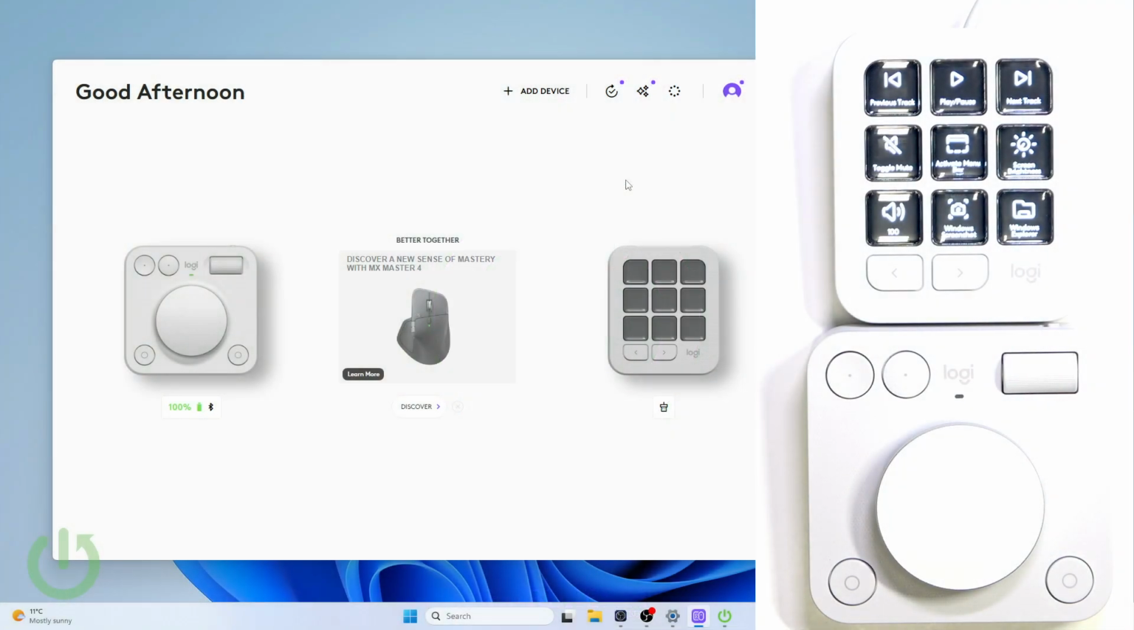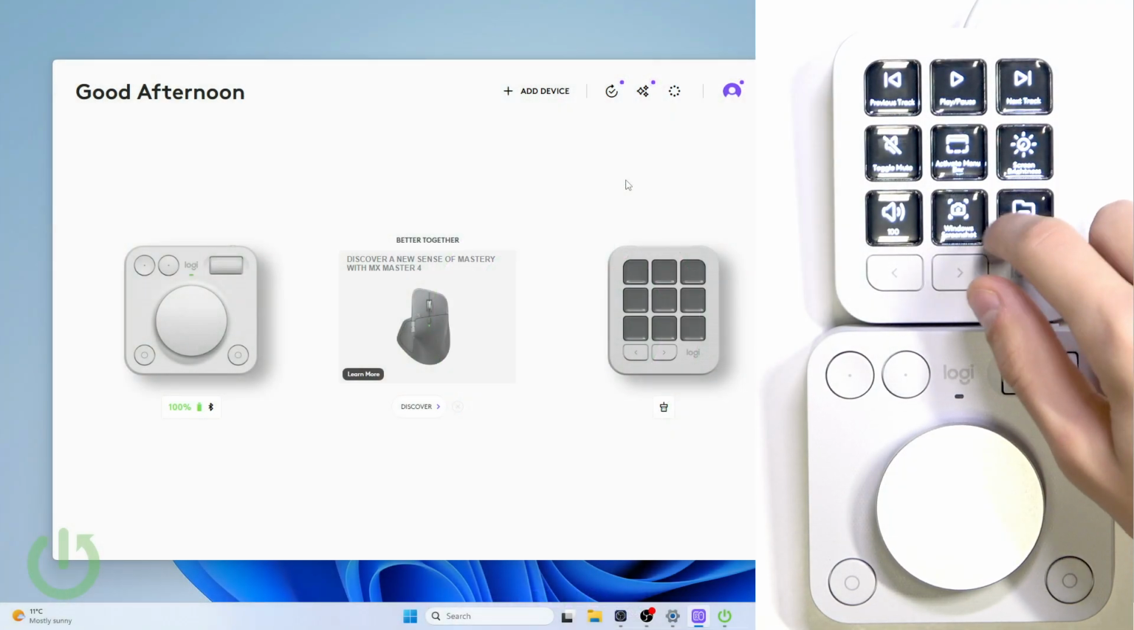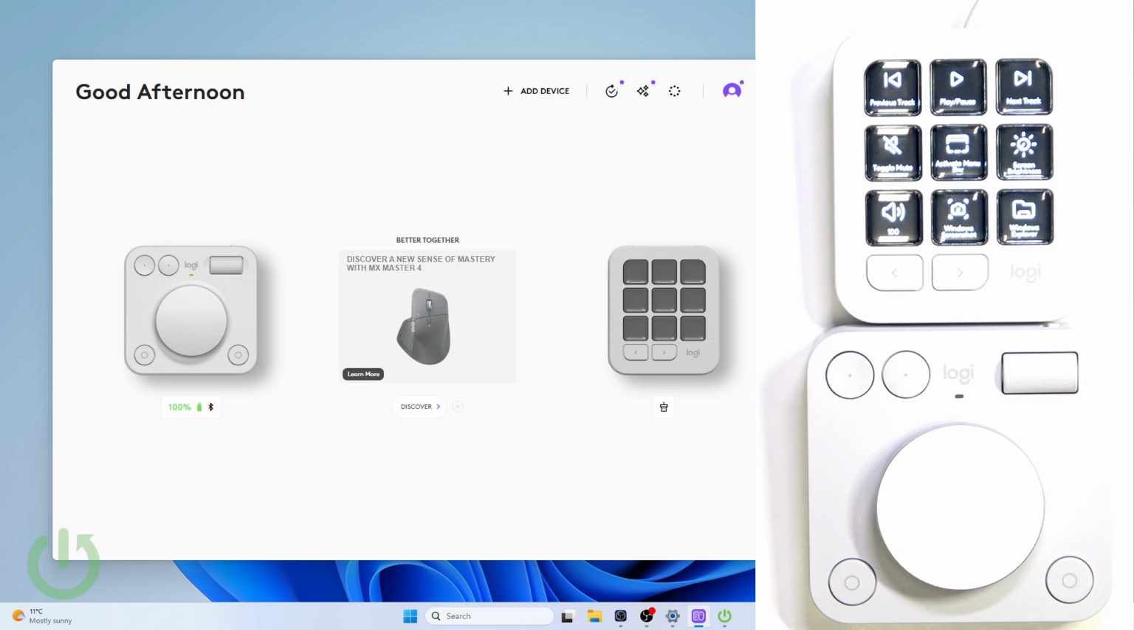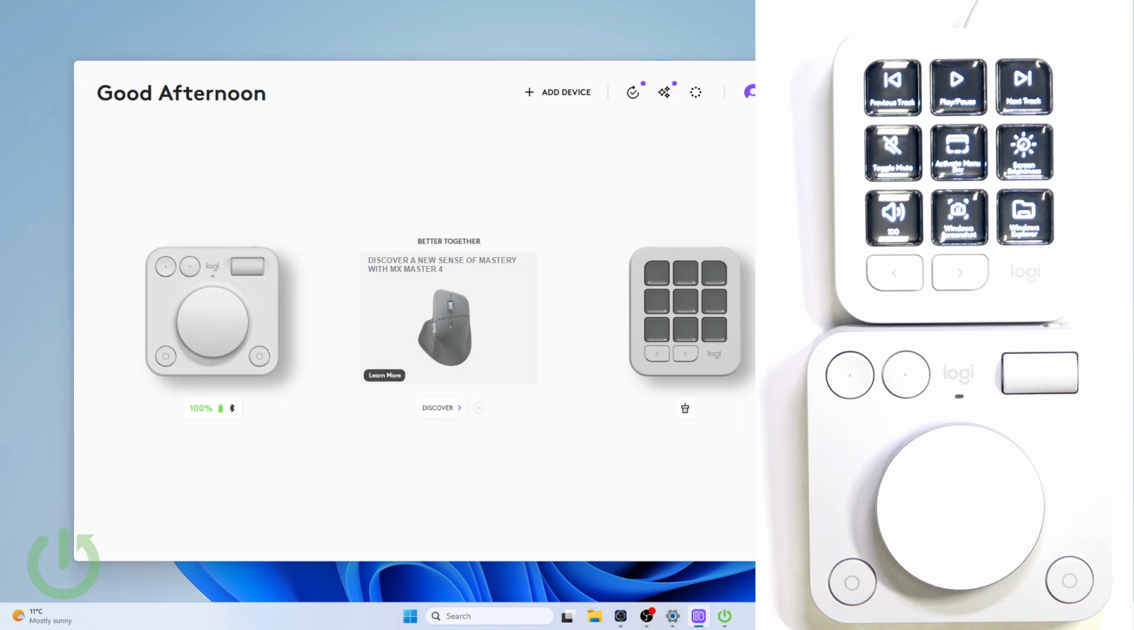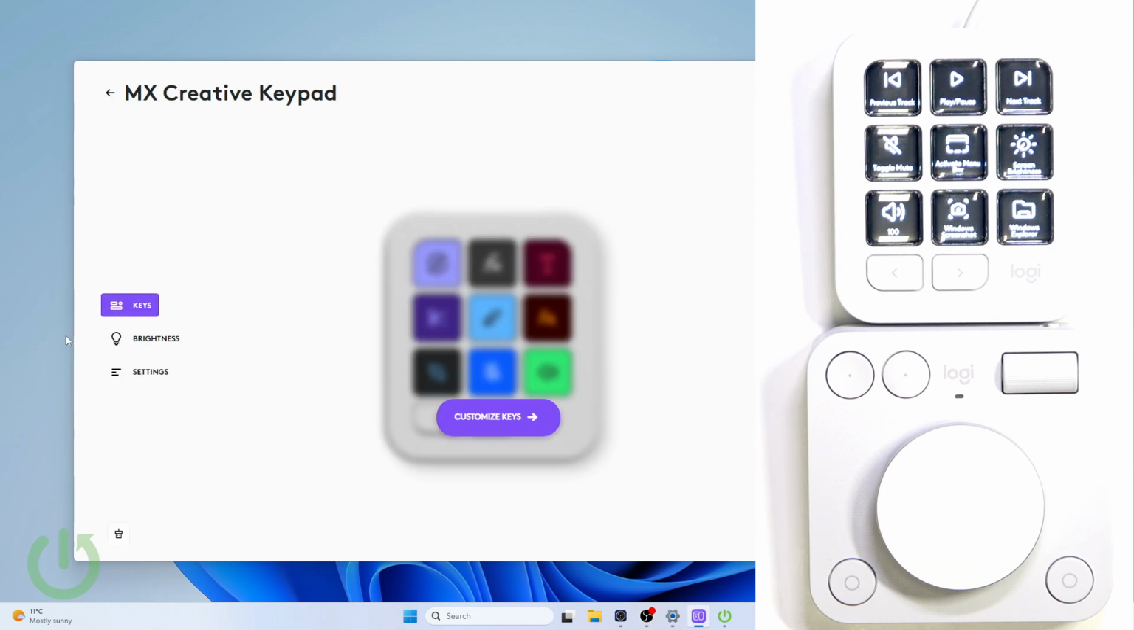So if you want to change the brightness of the keys right here on the keypad, what we're going to do is open up the Logi Options Plus app, and make sure that the devices have been added. And after that, we're going to press on the keypad, then select brightness, and here we're going to tap